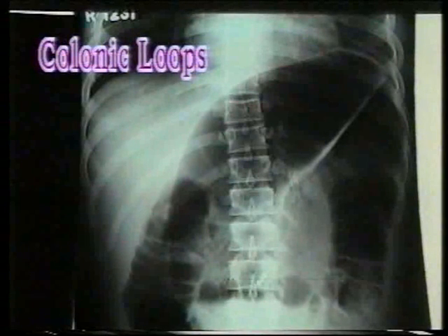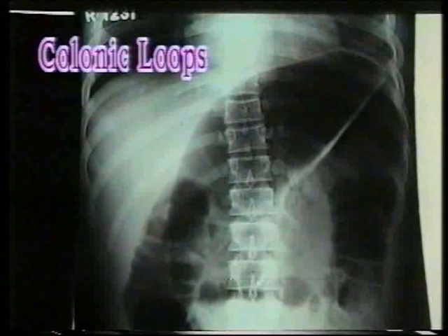This is another X-ray showing a colonic obstruction. Note the large diameter of the bowel, its peripheral location, and the haustrations. The haustrations do not occupy the full breadth of the bowel, they stop in between.